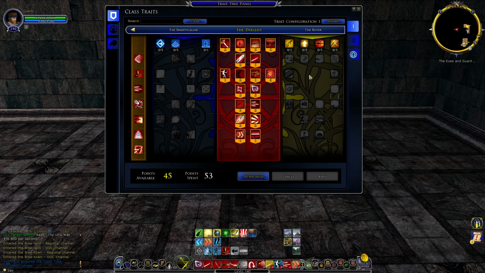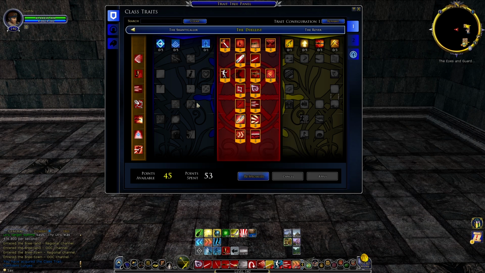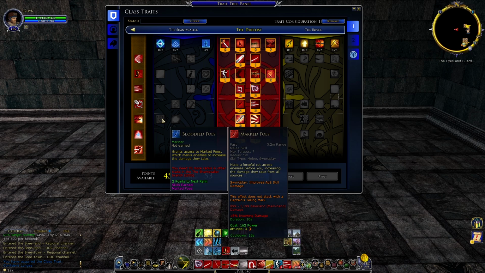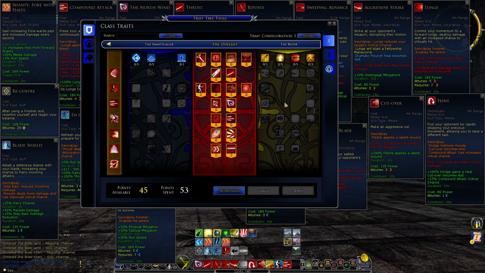Doesn't seem to be that much gain going into yellow, not really anything great there. There is an incoming damage 5% in yellow as well that you could go for, but blue just offers more good stuff for DPS. So you're definitely gonna go red and then deep into blue, giving you the Blooded Foes trait. So that's your first look at the Redline Mariner, and to me it looks like a really fun class